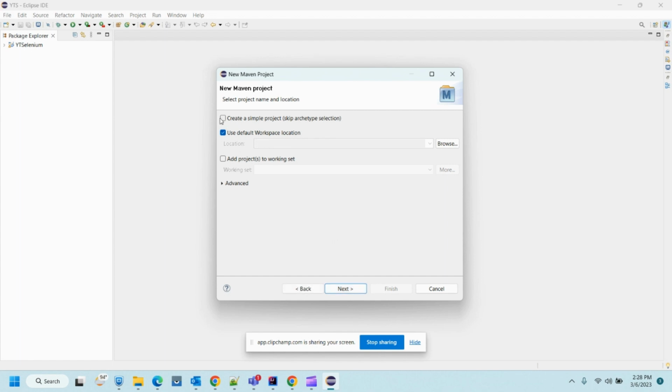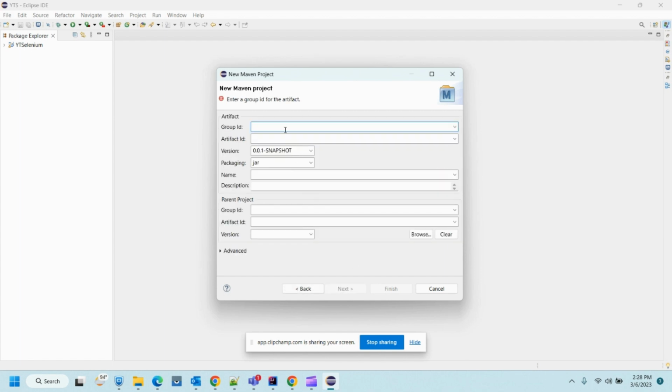We'll click on next, click on create simple project. Next, whatever name you want to give, Selenium testing, and you need to keep the artifact ID same as it is. These are the things that will help us when we are going to create a jar file. That is the next thing that we will be doing, but not right now. So just when you finish it,